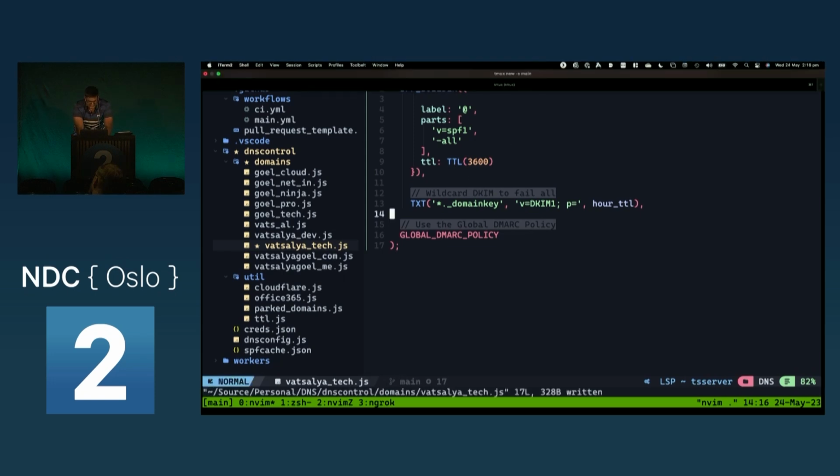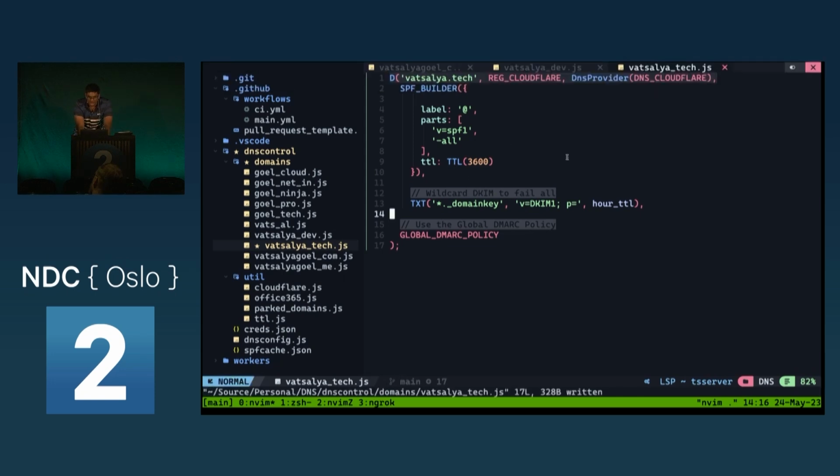So that's just a sample domain file definition. All I'm saying is I have an SPF that rejects all, and a DKIM to fail, and the DMARC policy. If I make this change onto my pipeline, there shouldn't be any difference, no deployments. So I'm going to